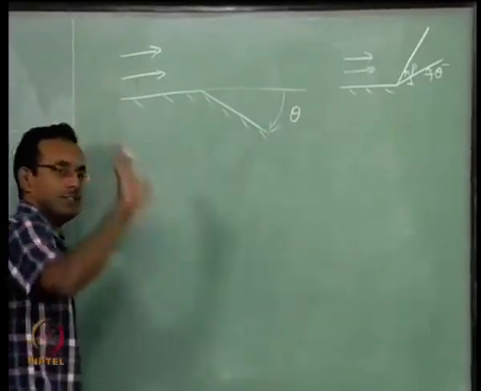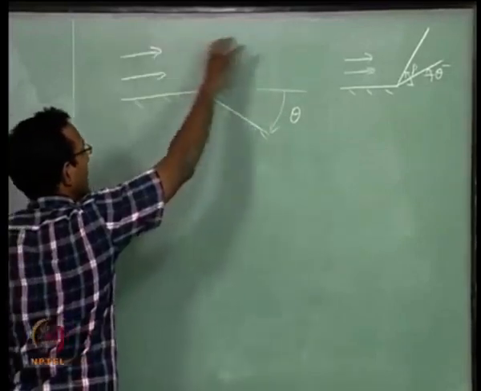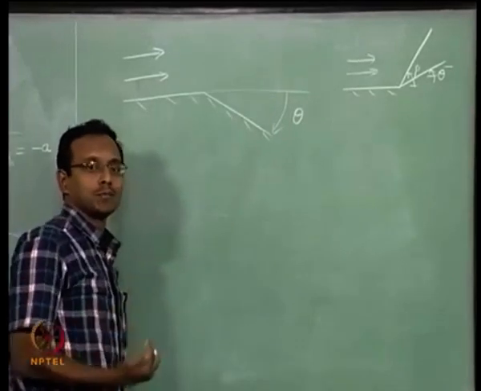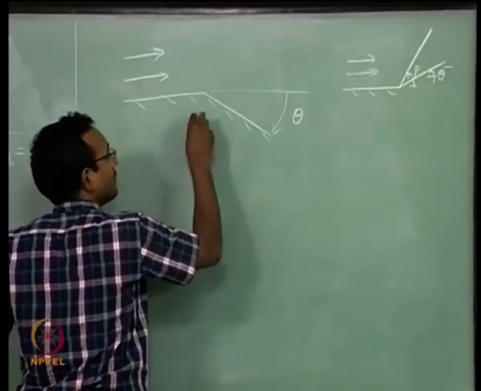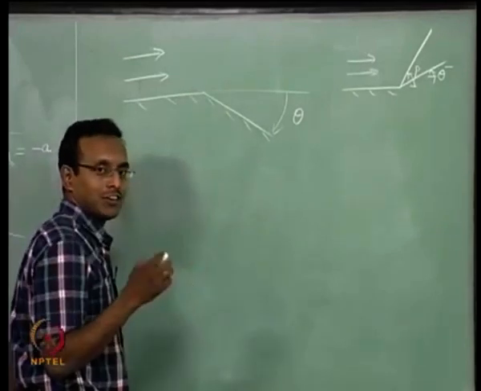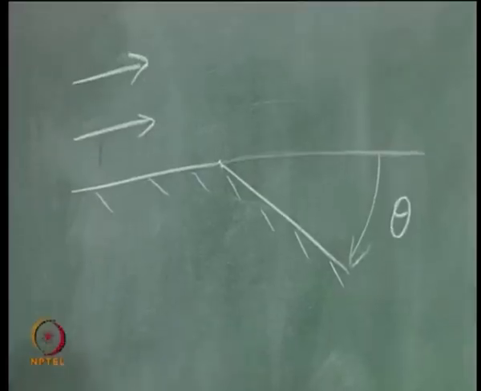In contrast, now I am going to make you remember this other flow field, other basic shape, a theta deflection away from the flow direction. If the flow was just going straight, it will see that there is a huge gap here. This is why it wants to expand. If I think about it that way, the set of expansion waves must start from this corner. Why? This is where the change occurs.